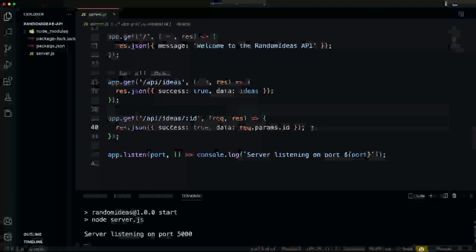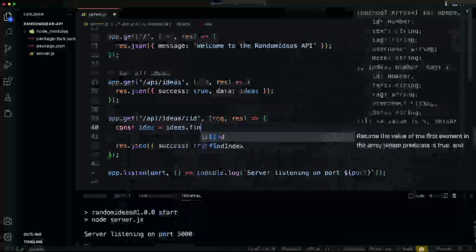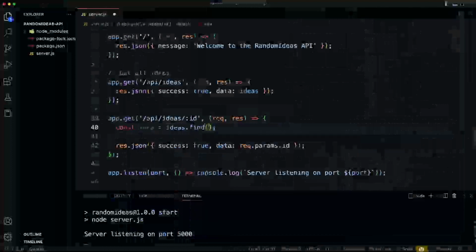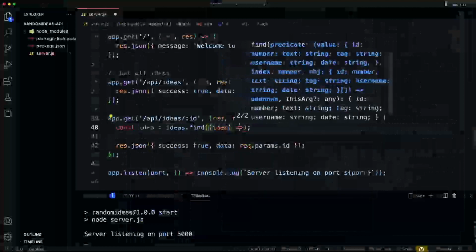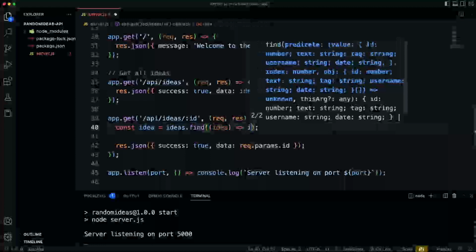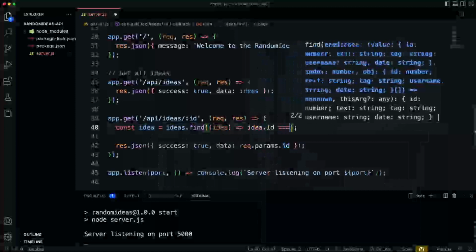Now when we start getting into databases, it's actually easier because we can just use a method like findById. But in this case, we have to manually do it, and we can do that with the higher-order array method of find. So let's go up here and say const idea, set that to ideas.find, and this will basically loop through each one. So we want to have a function here and say for each idea, where the idea.id is equal to the